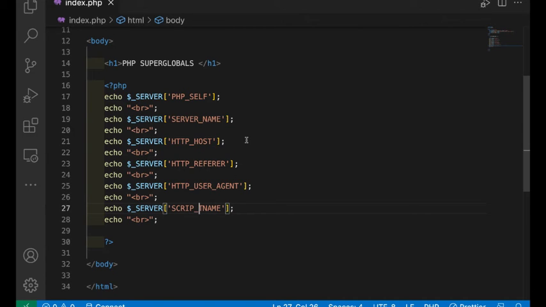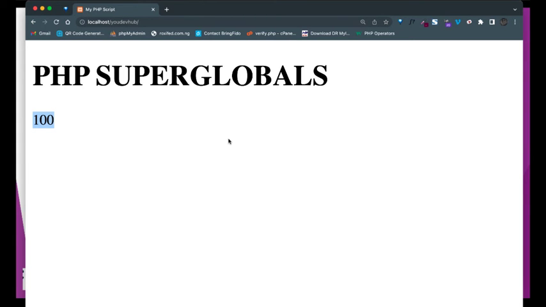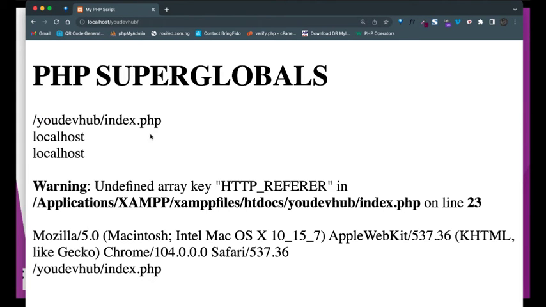Alright, so we can see what the super global for server is going to give us. We are having PHP self, server name, HTTP host, HTTP referrer, HTTP user agent, and script name. Sorry, let me make a correction to this script name. So we'll be heading straight to our browser to see what it's going to give us. So if we have the browser here, we reload, and we can see,